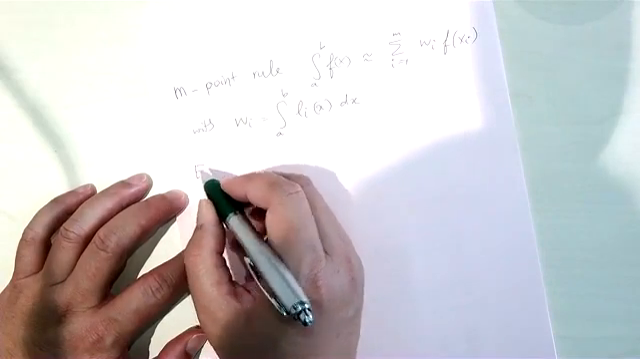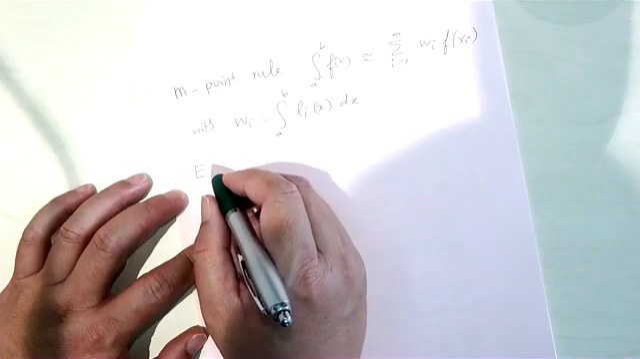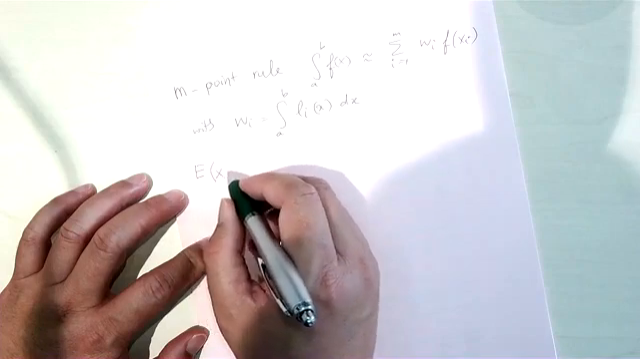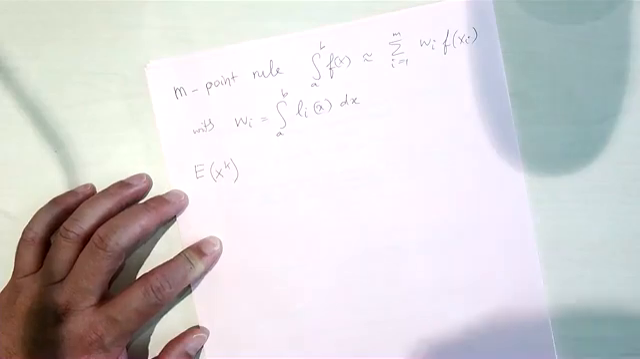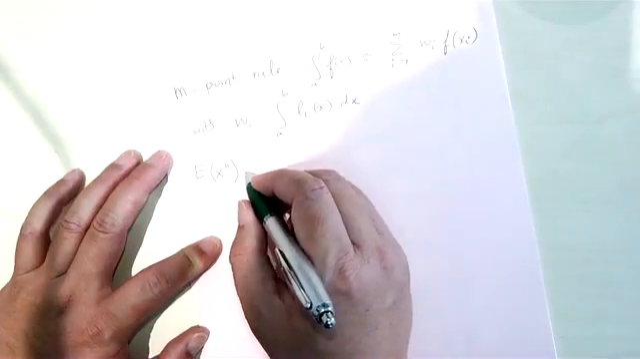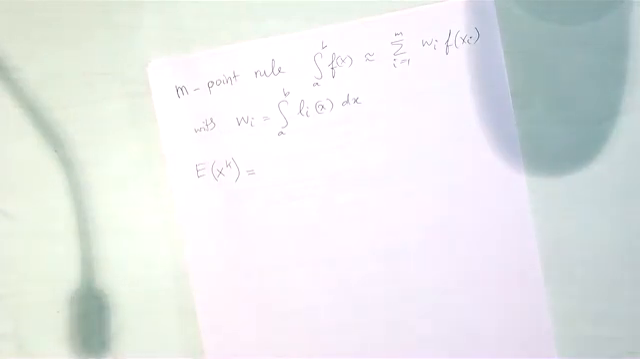E, so the error, yeah? So the error will be of x to the k, right? So what is the error of x to the k? By the definition. You can see it, right? So the error will be